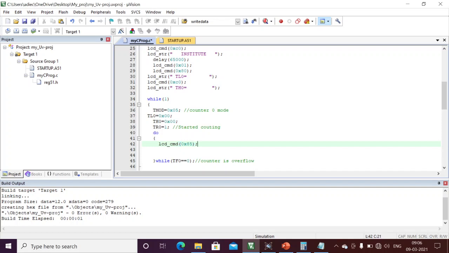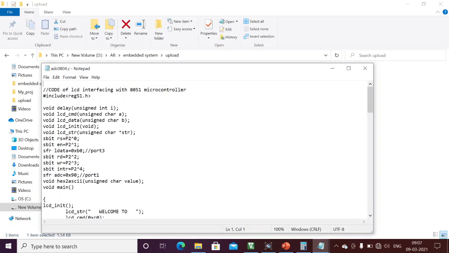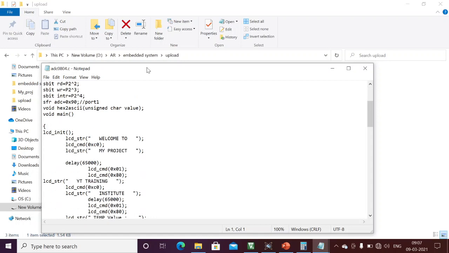If I want to display this onto the LCD, the LCD always uses ASCII format. These registers contain hex values, so, as we already discussed in the ADC program, we convert the hex value to ASCII, and I already have this program.